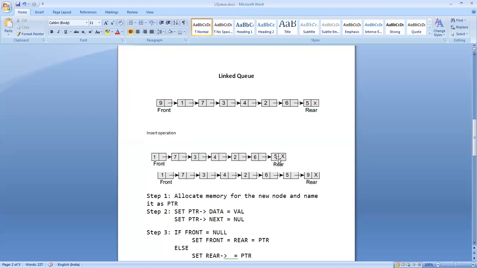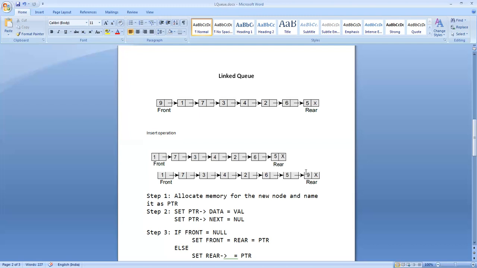So when rear next is pointing to the new node, a connection is given to the new node. Then the new node has become the last node. Naturally, that should be pointed to by rear, so we will advance our rear from here to the new node.